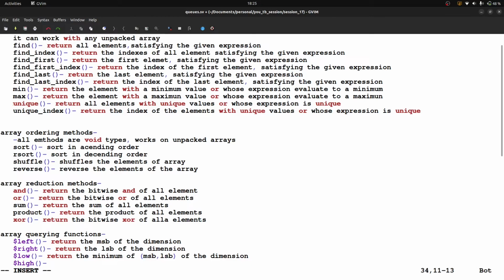Return the maximum of MSB or LSB of the dimension.